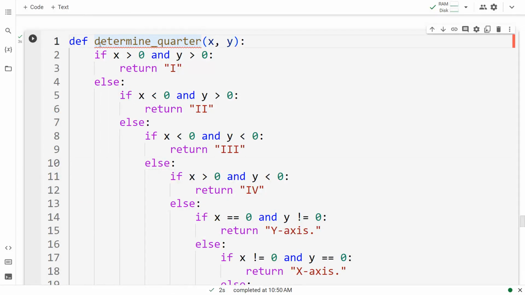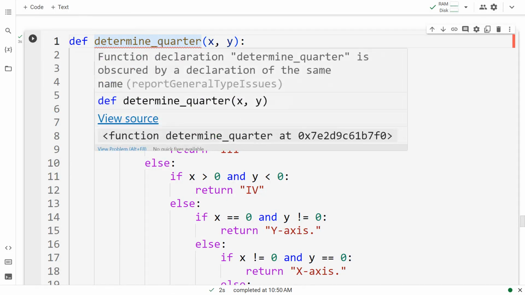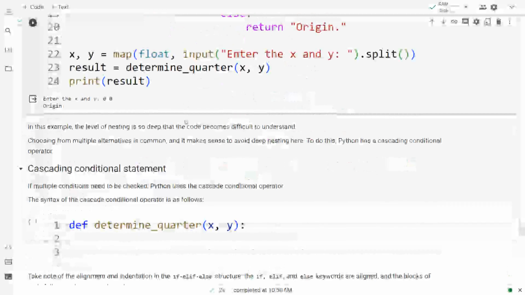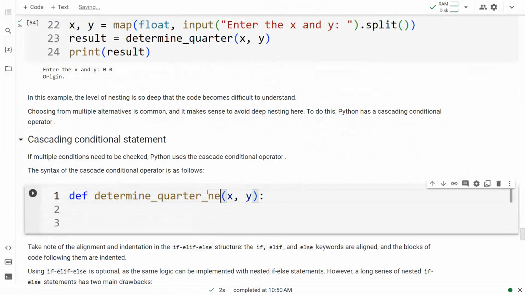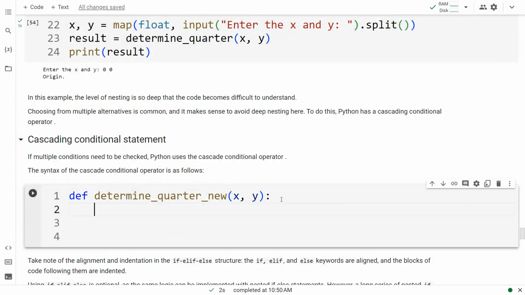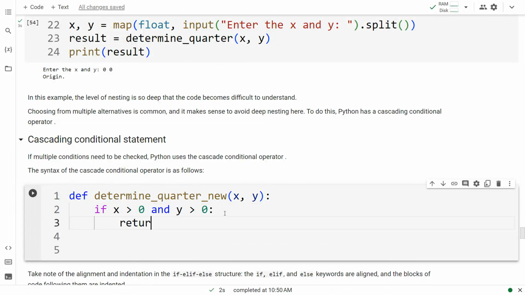And notice, once we enter determined quarter, we can see that there's an underlining, because Python already knows that there is a determined quarter function there. So let's create determined quarter new. Here we check both conditions and return